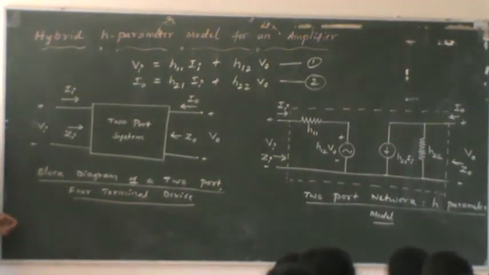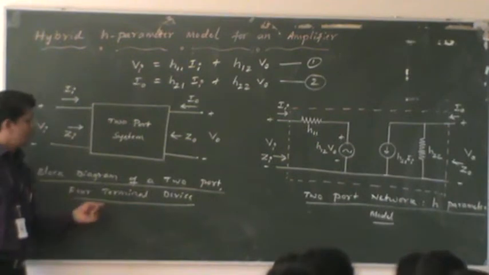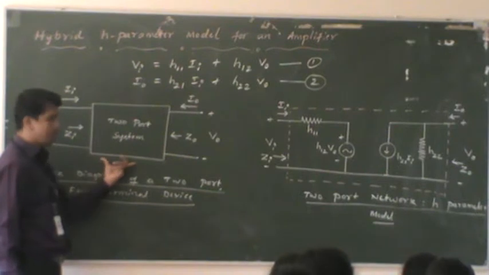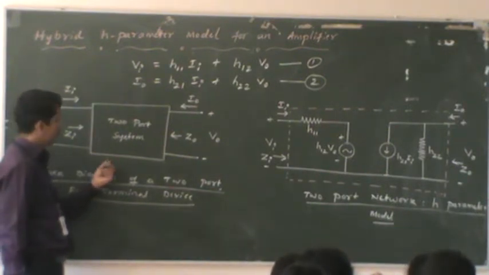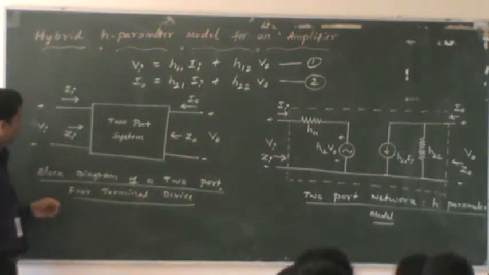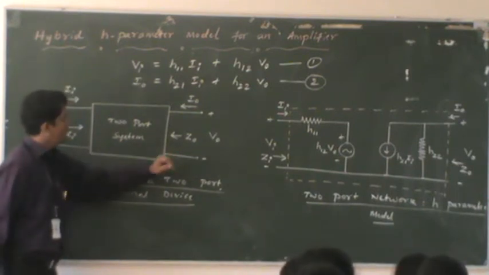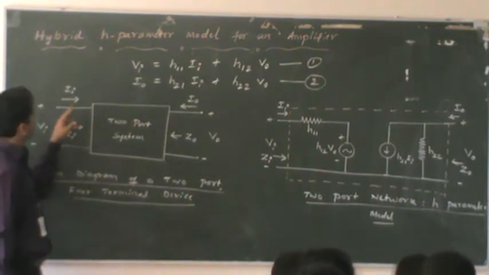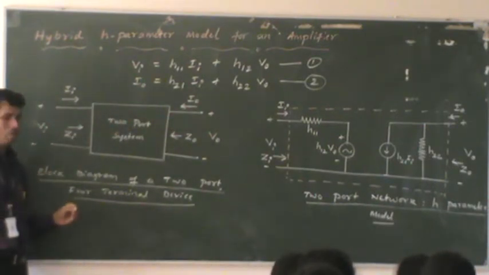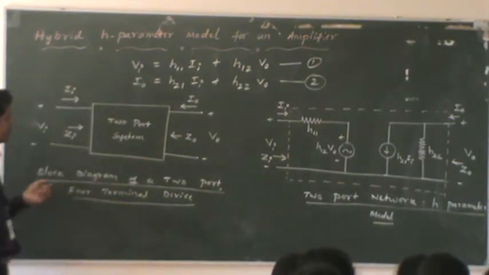And you are seeing on the board the block diagram of a two-port, four-terminal device. This is basically the block diagram. Initially, we are not aware of what circuit is present in this block diagram. We will start with an abstract unknown, and later you can see that by estimating the input and output voltages, and the output and input currents, one can easily find out what device is present inside this block box. So that's how the mechanism starts.